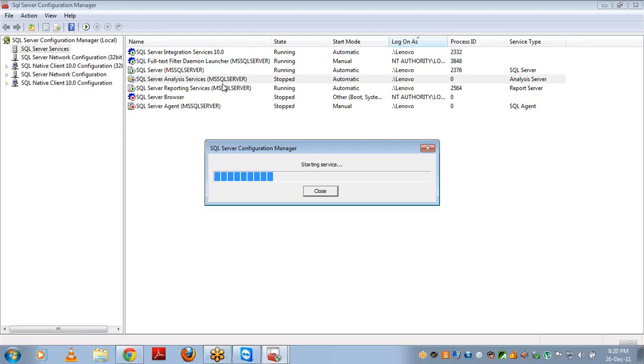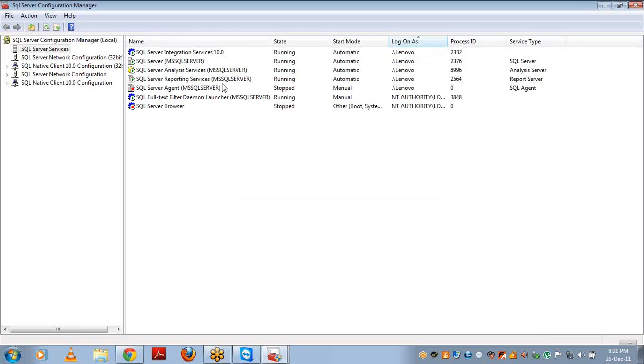Okay. And whenever you design the SSAS project and try to deploy it, if it says check whether the server is running or not, then you have to come here and see whether it is running. If it is not running, just start the service and then deploy the project again, then it will get deployed. Most of the people will set it to manual. Why? Because the system booting will take a lot of time. Whenever you log in for the first time, it will take a lot of time, because it has to start all these services